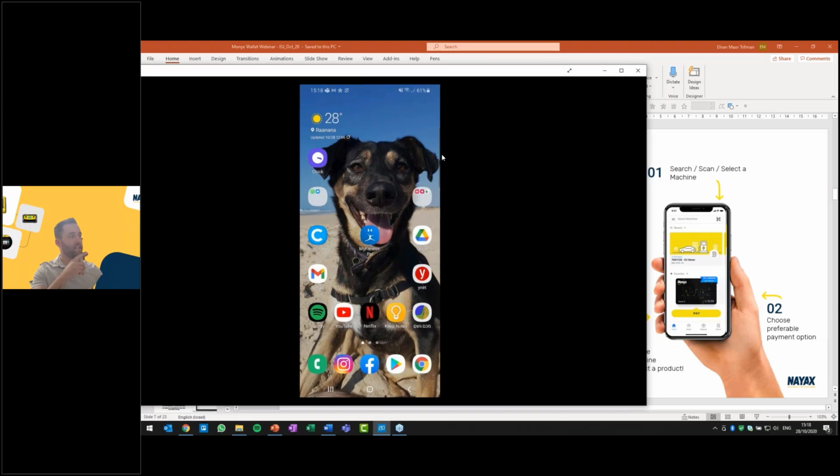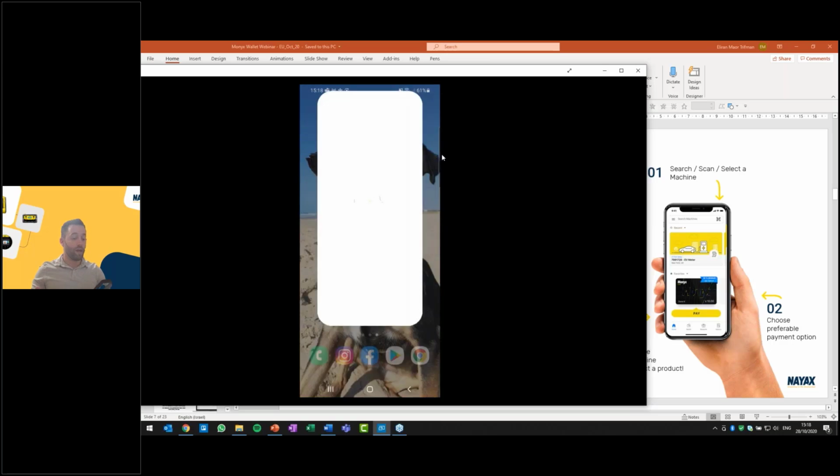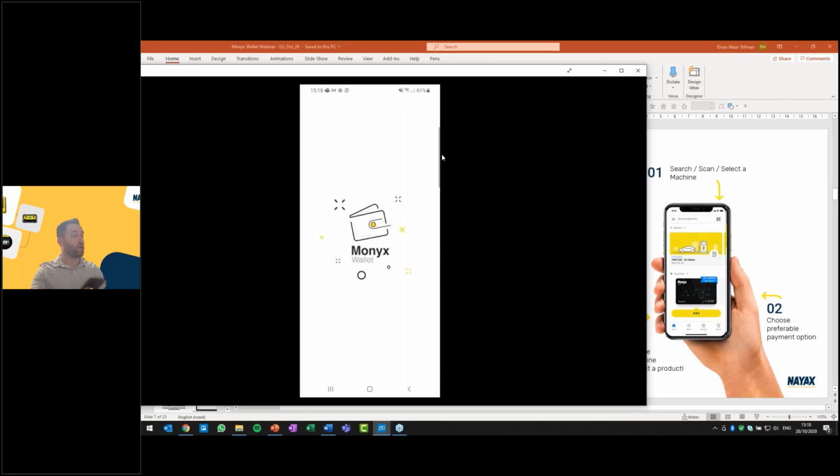So this is a casting. What you see right now is a casting of my phone. Instead of showing that in front of the camera, I think it would be better to cast it through the screen. And I want to show you how Monyx Wallet really works and how it looks in the eyes of the consumer. So by going into Monyx Wallet,